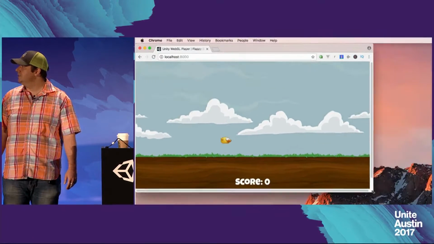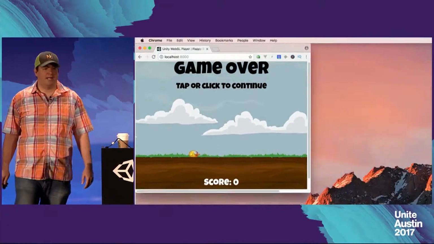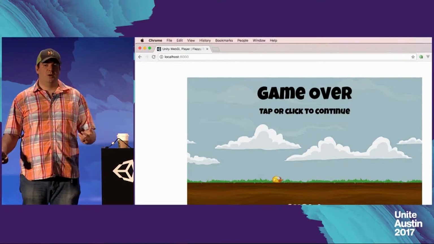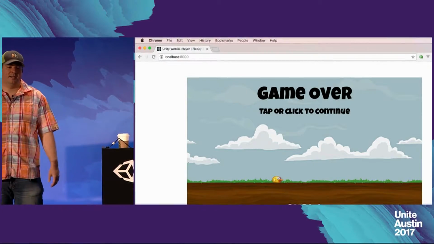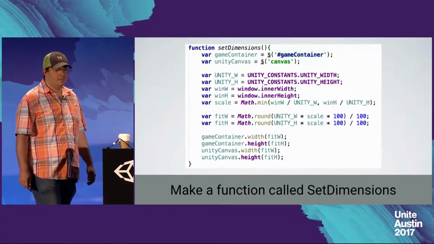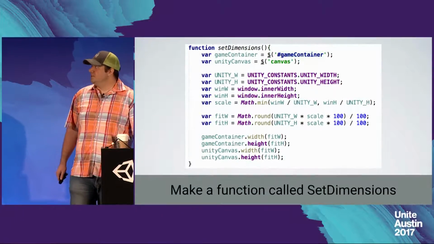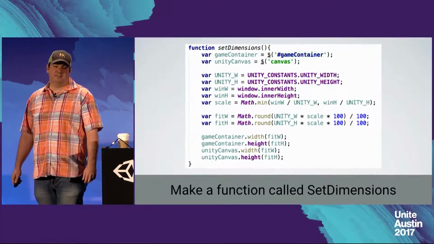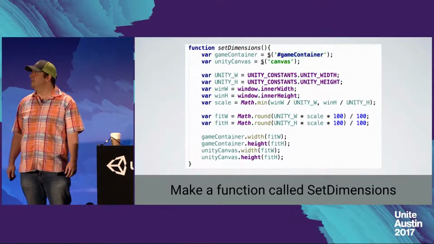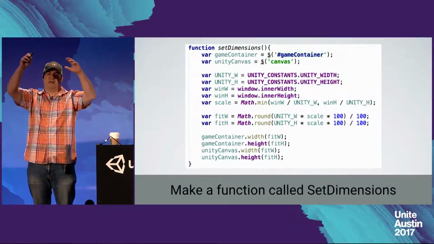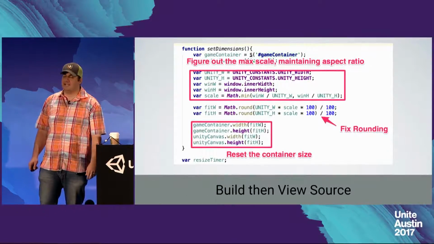There's no Unity stuff at the bottom, but also it's not responsive, right? So in the web, people sort of expect these things to be responsive these days, and this certainly is not. So we do this with a function. This is a JavaScript function. You guys are all really smart game programmers, so this is a simple fit one rectangle inside of another rectangle